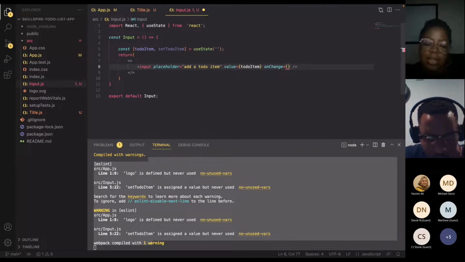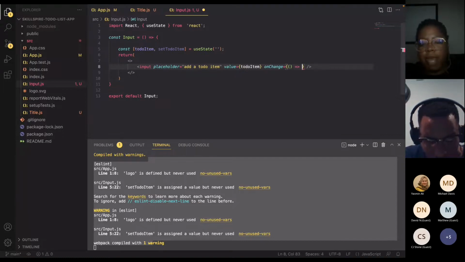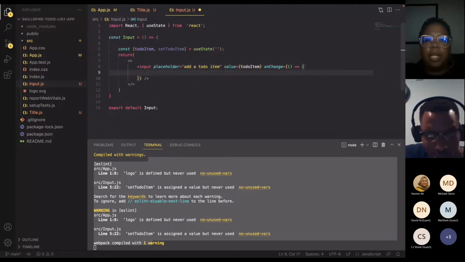And this is an arrow function as well. Inside your curly brackets, put your parentheses, space, arrow, which is just the equal and your little arrow key. And let's put this in brackets as well. I'm just going to hit enter so I can give myself some space because some good stuff is about to happen right here. We're going to do